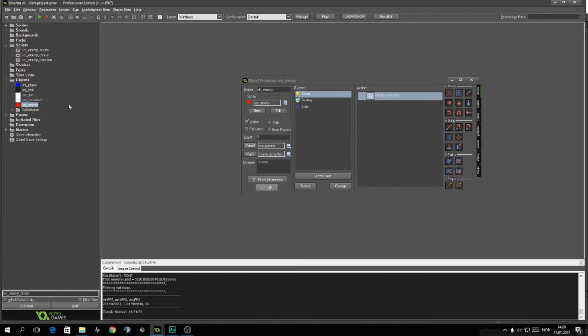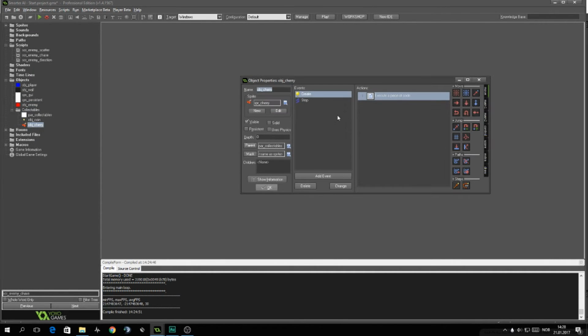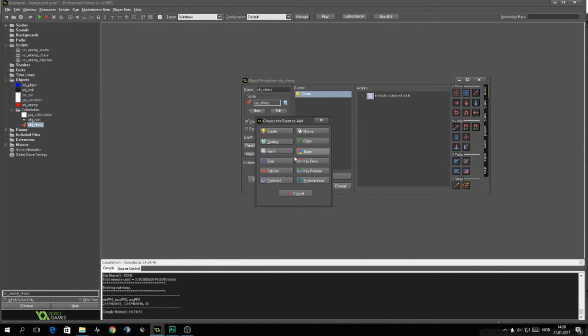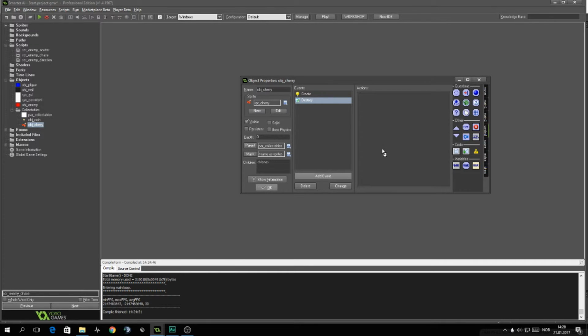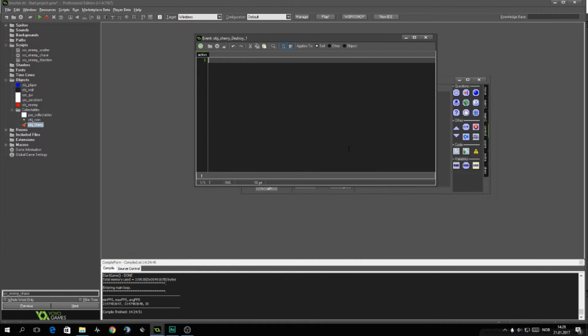And I will do the same as I did in the intro, where we'll start to scatter when the player picks up the cherry. So we'll add in the destroy event, because when the player collides with the cherry, we want it to run that code for the enemy. So we'll say if object exists, just to make sure that there's an enemy object at all. With that object, and this will be all enemy objects that exist on the screen,